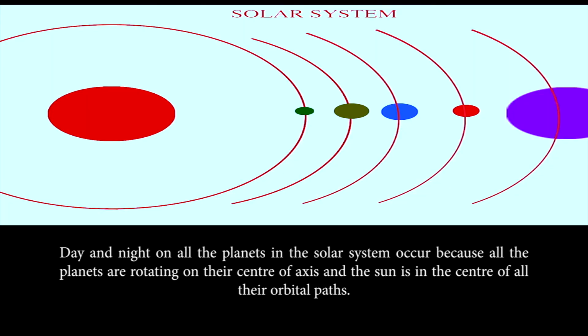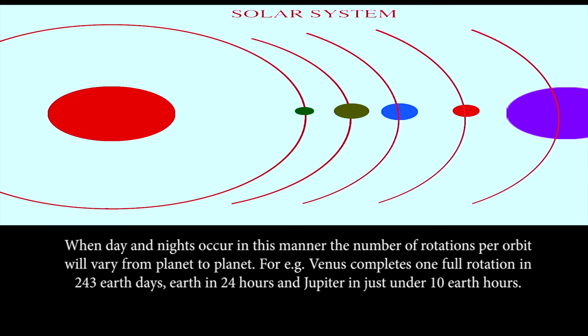Day and night on all the planets in the solar system occur because all the planets are rotating on their center of axis and the Sun is in the center of all their orbital paths. When day and nights occur in this manner, the number of rotations per orbit will vary from planet to planet. For example, Venus completes one full rotation in 243 Earth days, Earth in 24 hours, and Jupiter in just under